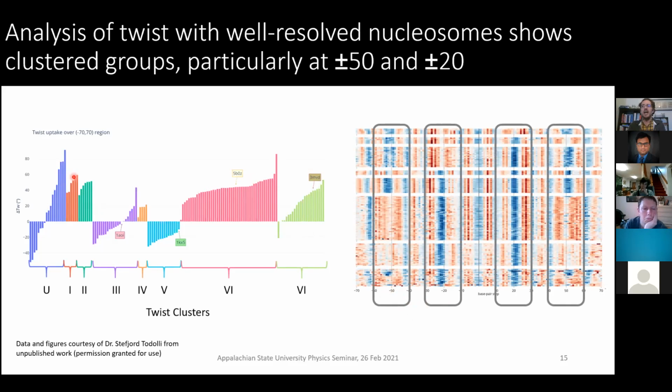Twist cluster groups of overwound or underwound configurations, which is really easy for us to work with because we're looking for insights into how nucleosomes, which are bound forms of DNA, could influence neighboring DNA. And we have ways to go a little bit deeper and to see what does something that has a lot of overwound pieces of DNA structurally, how does that compare to something that has underwound configurations?